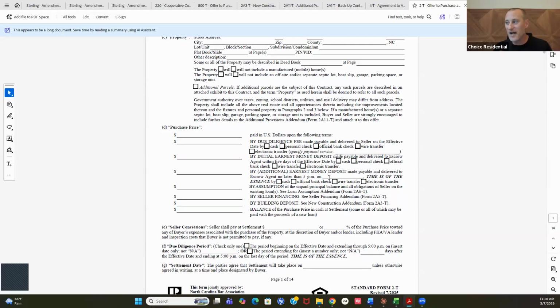It is really important to know that time is of the essence with this additional earnest money. That is the reason not to do it. Now, if I'm writing an offer, I'm doing additional earnest money every single time, right? But it means that you now have a really important date that you have to remember and help the buyer remember. Because if 5 p.m. on that date comes and goes, the buyer's in breach of contract. The seller can terminate the contract unilaterally at 5:01 on that date if the buyer had not delivered earnest money